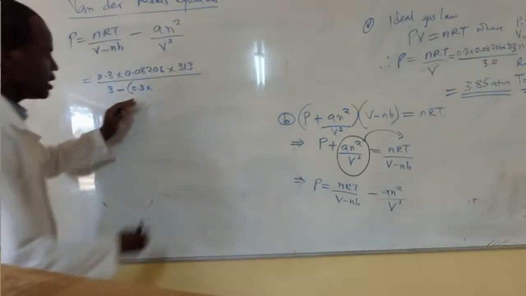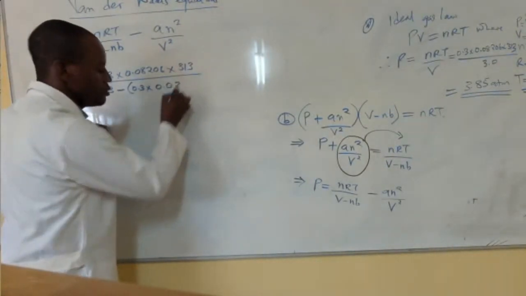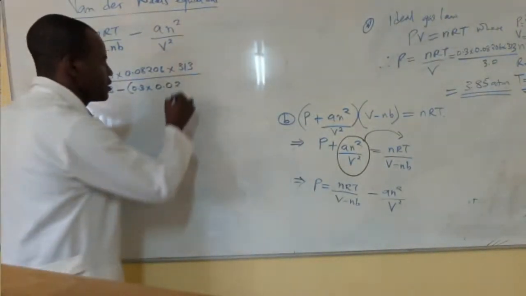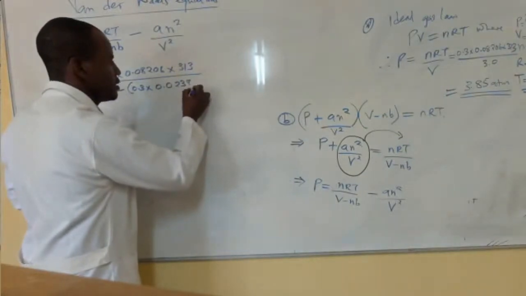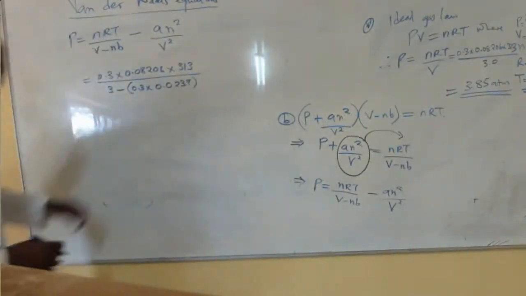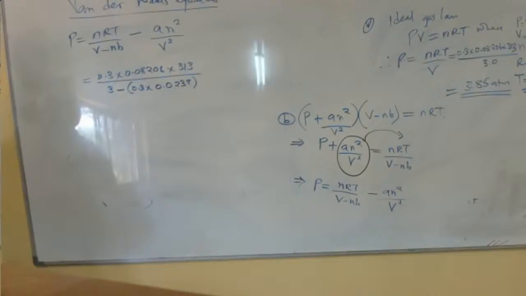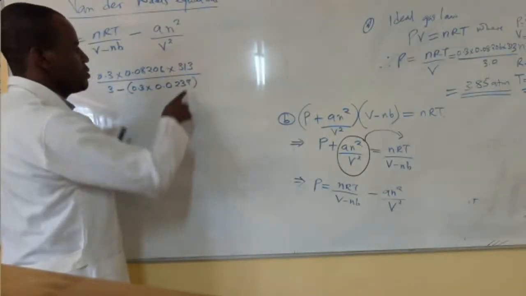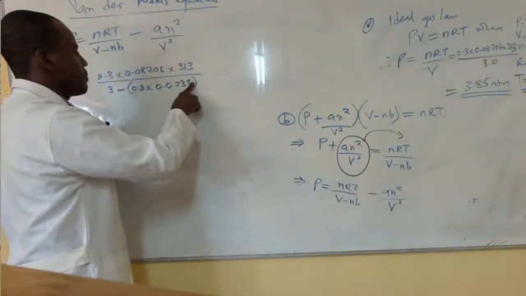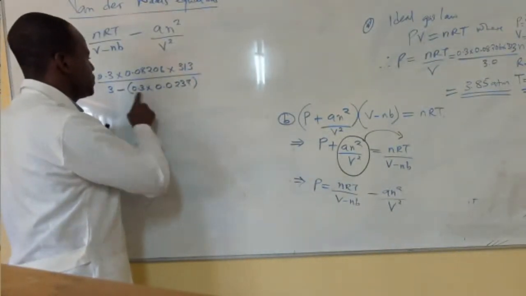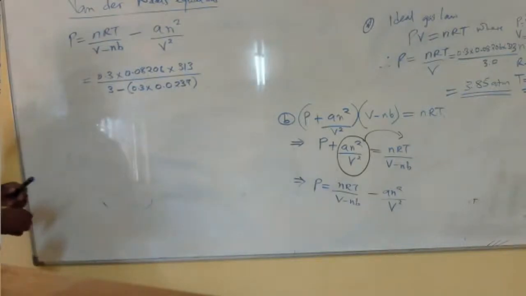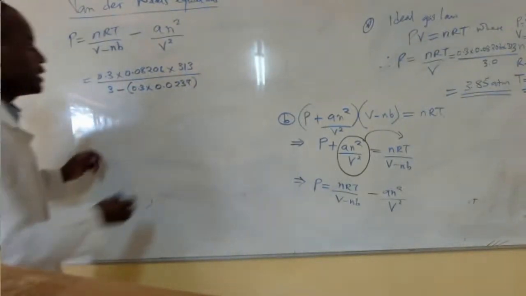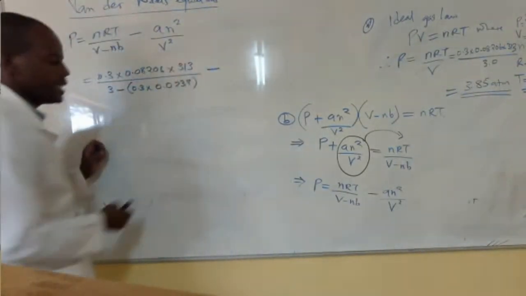So the b was 0.0237, that is liters per mole. So since this is liters per mole, the moles will cancel,